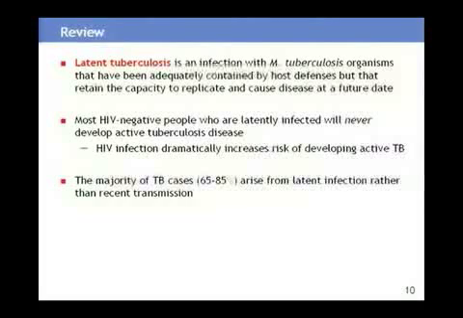We know this from molecular genotyping studies, where we were able to look at strains of tuberculosis in a population over time and see if people who have the same strains, if they have epidemiological evidence that they have been in contact with one another, then we know that that was recent transmission. But people who have individual strains that do not match anybody else's, we believe that they are from the distant past. And you will hear more about that in a lecture on molecular genotyping in this course.